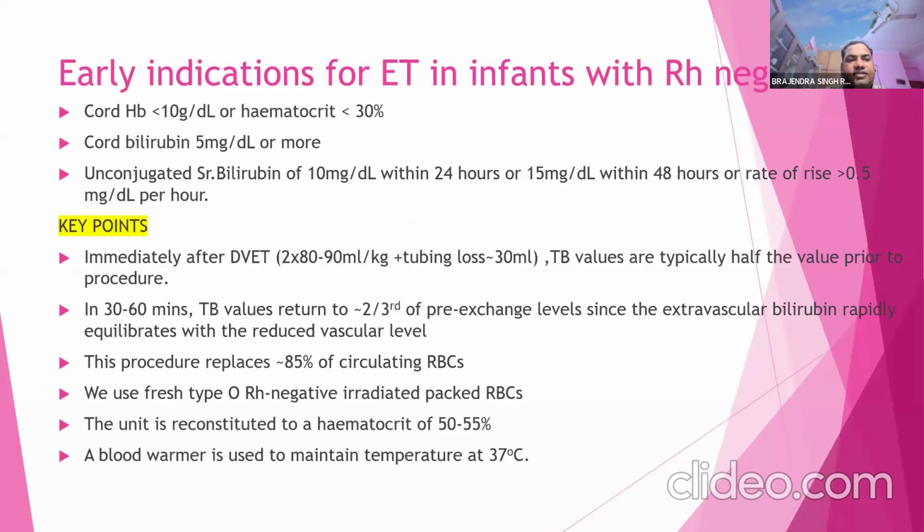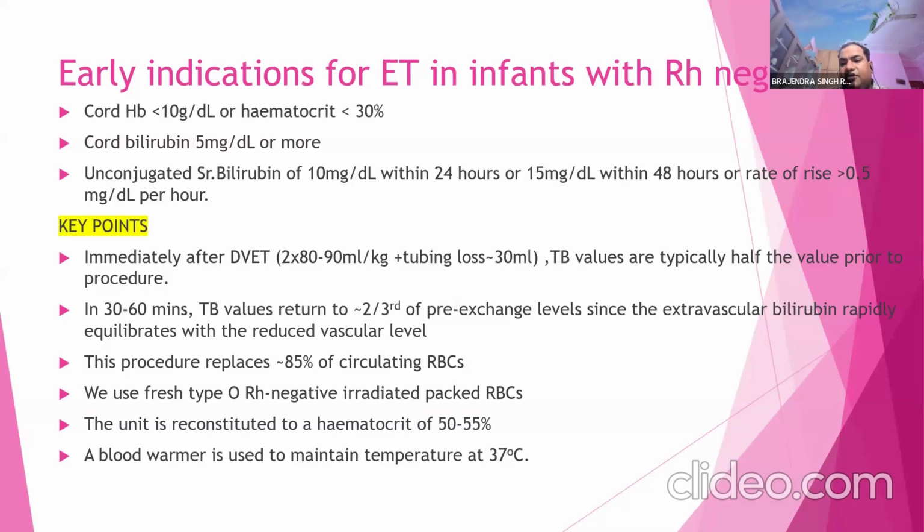If cord hemoglobin is less than 10 g/dL or hematocrit less than 30, it means chances of kernicterus are high and there is a need for exchange transfusion. If cord bilirubin is more than 5, or unconjugated serum bilirubin level is 10 mg/dL within 24 hours or 15 mg/dL within 48 hours, these are the criteria for early exchange transfusion. And a key point is what happens immediately